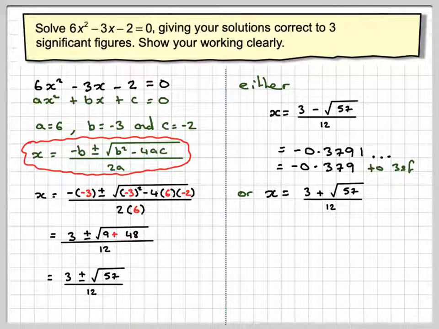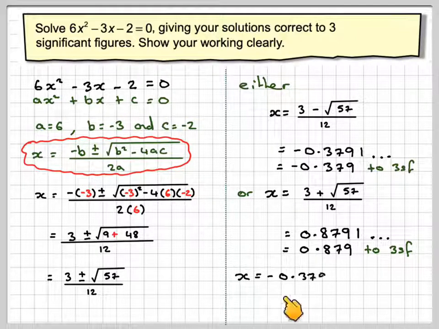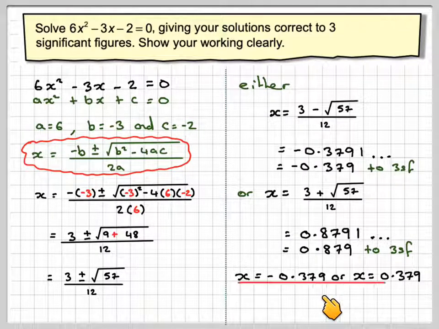So on our calculator, if we use the replay button and scroll back to here and change that minus to a plus, we won't have to write it in again, and that will give me 0.8791, and that one will have no effect on that 9, so it'll give me 0.879 to three significant figures. So x will be equal to minus 0.379, or x is equal to